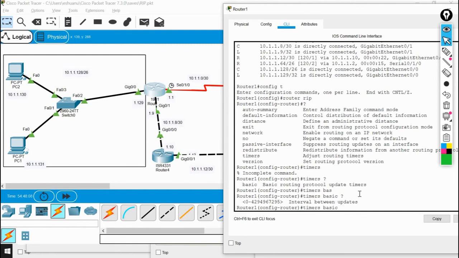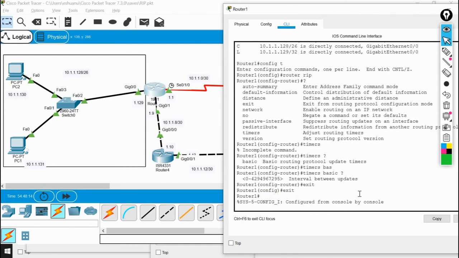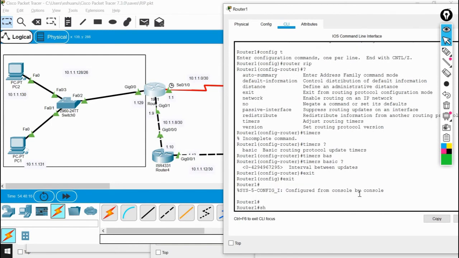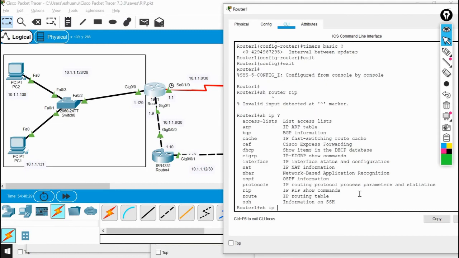And if you want to check whether your RIP is running or not, for that purpose we use a command, show router RIP. Show IP, what is the command? Show IP RIP.